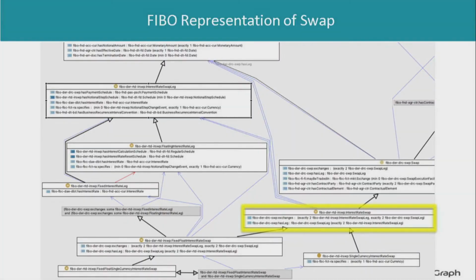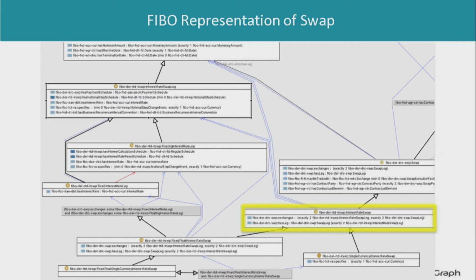So first steps here, if you load FIBO, I've highlighted the interest rate swap, and you can see that it has subclasses and superclasses, and this is part of a huge ontology that contains hundreds of ontologies. This information is how I intend to communicate what I have in my graph, because after all, this is the de facto way of understanding what these financial terms actually are.